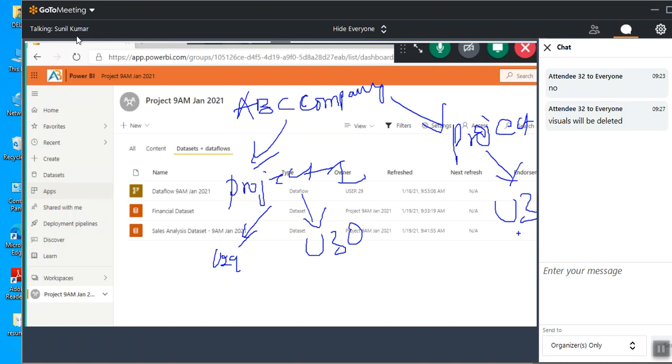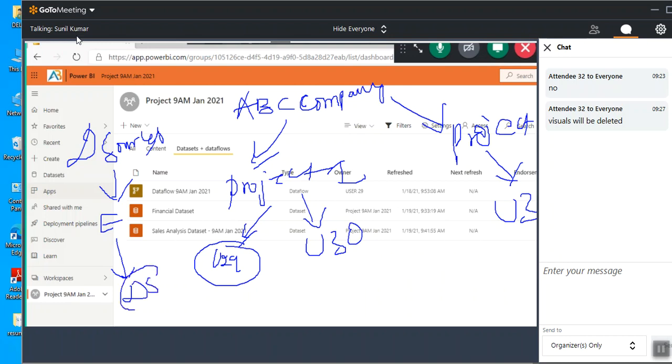First they started Project 1, guys. In Project 1, user 29 connected to the data sources, extracted the data, and created a data set here. The data set is used by both user 29 and user 30. They created the reports.